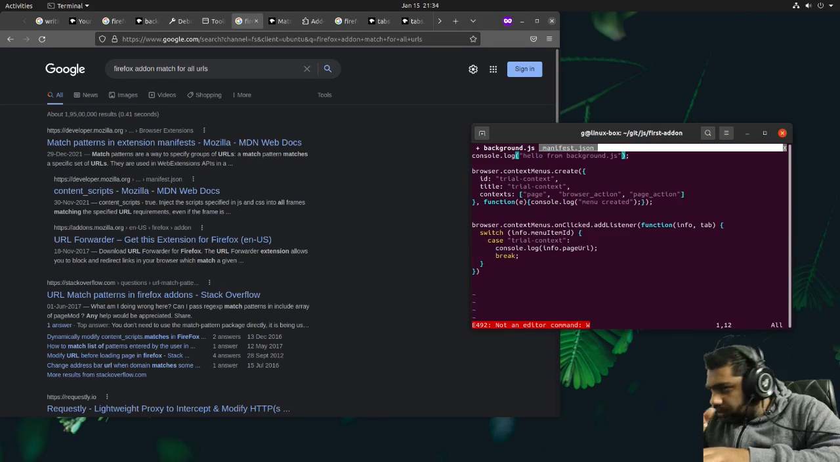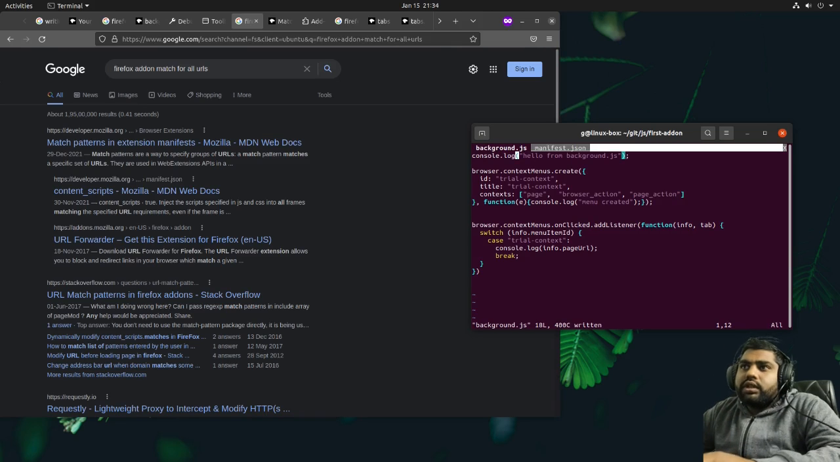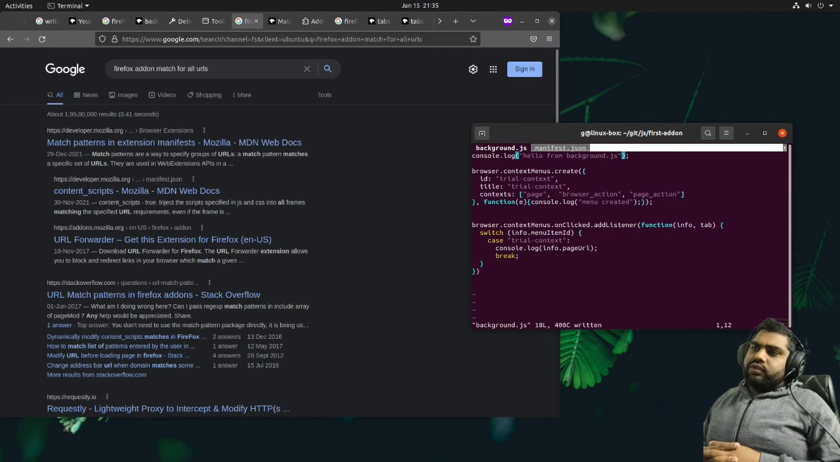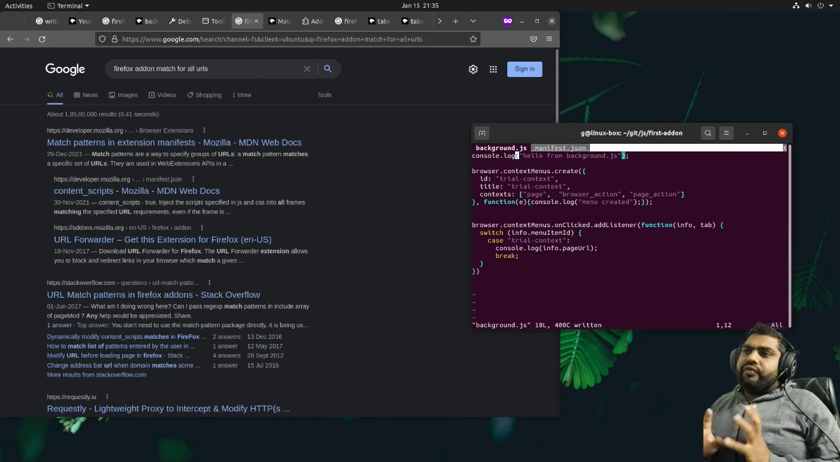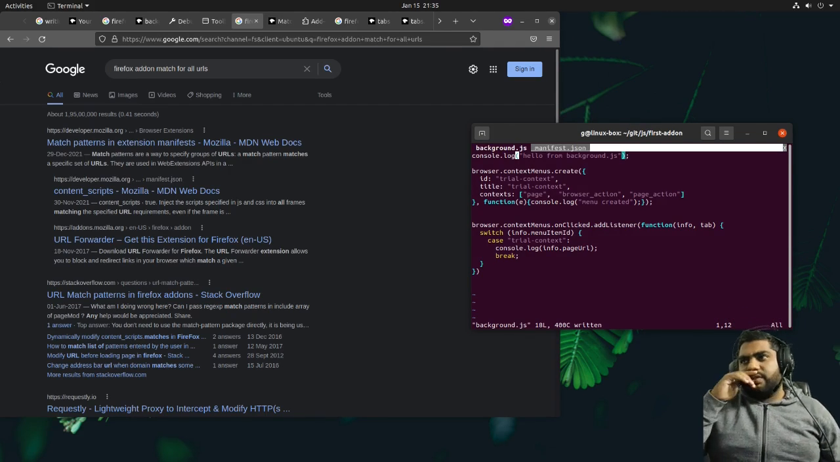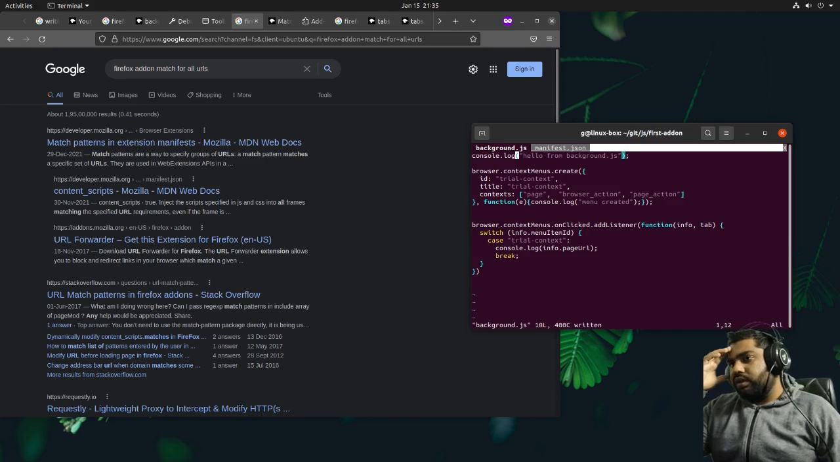So this is okay. What I need to do now is receive this particular event whenever a user clicks on a context menu. After that I need to send this particular URL somewhere so that I can do certain processing on that. So what I'm thinking is, let me set up a WebSocket server